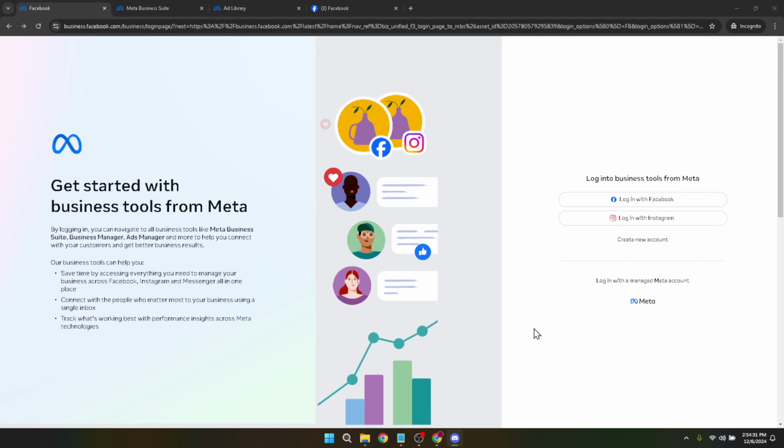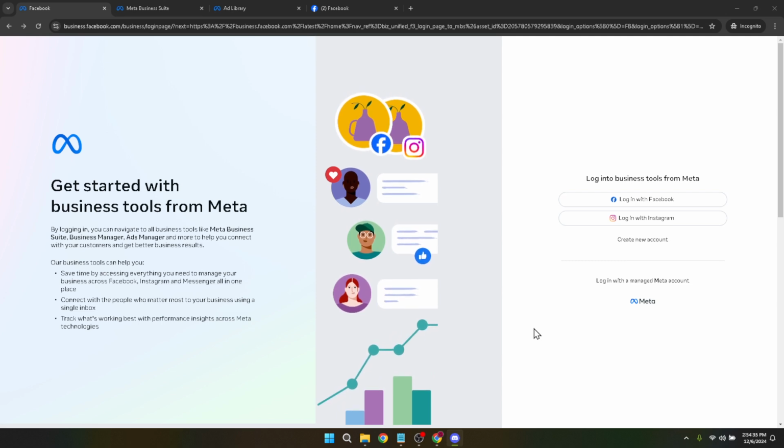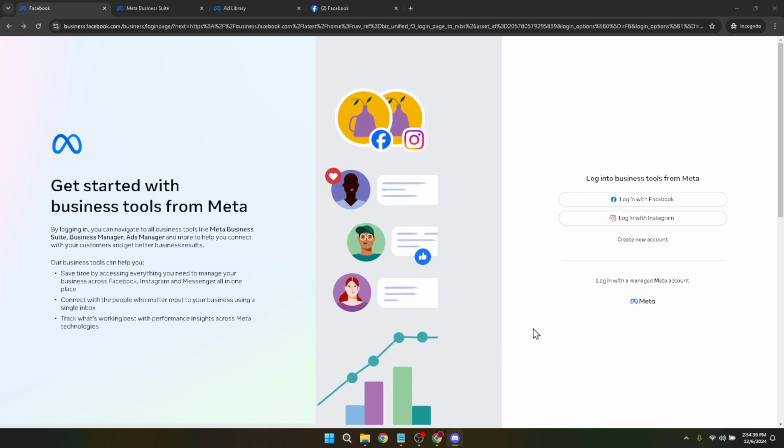First and foremost, let's start with the initial step, which is navigating to the Facebook Business Manager. This is where all the magic happens regarding your advertising efforts on Facebook. The platform is a powerful tool that allows you to manage your ads, pages, and the people who work on them all in one place. If you're not already familiar with the Facebook Business Manager, think of it as your advertising command center.